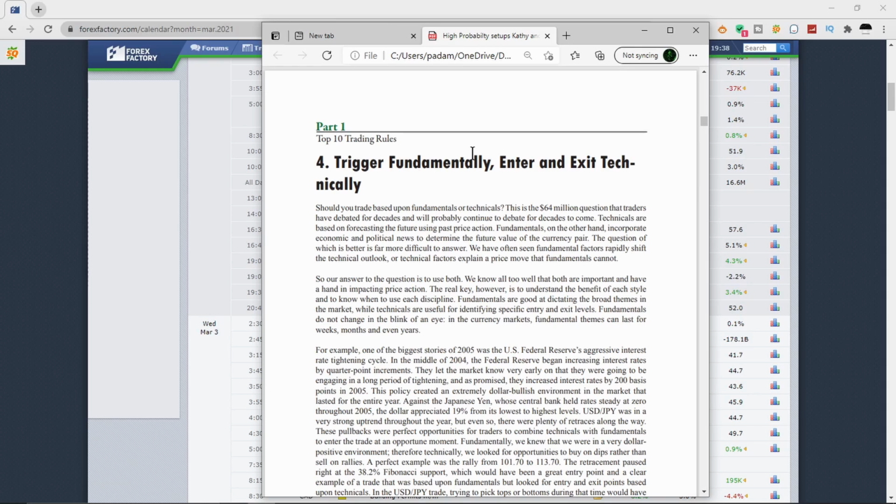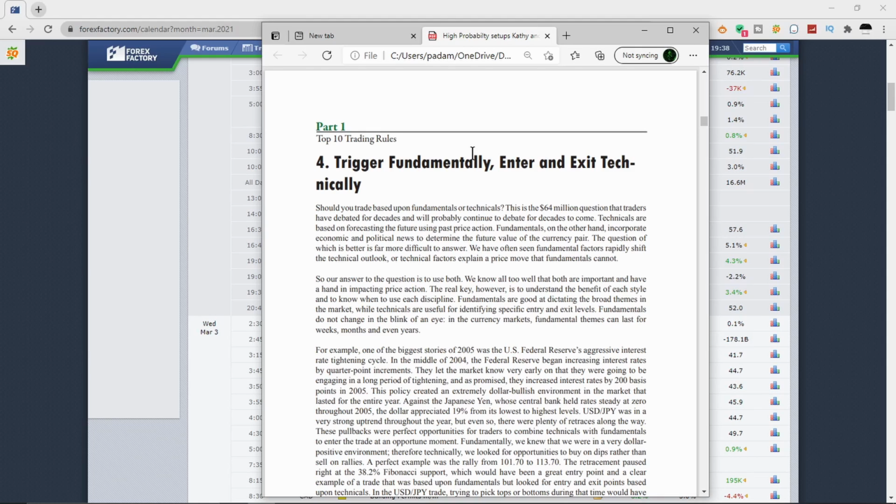Okay, so number 4, trigger fundamentally, enter and exit technically. For this rule, you have to think about it like this. What type of trader are you? Are you a scalper? Are you a day trader? Are you a swing trader, or are you a position trader? Depending on which type of trader you are, this rule will be off or on, because a